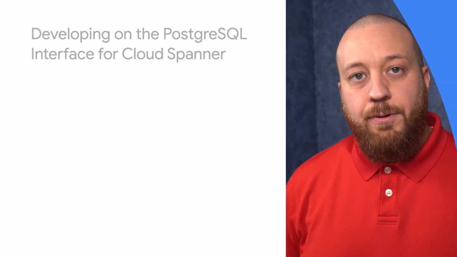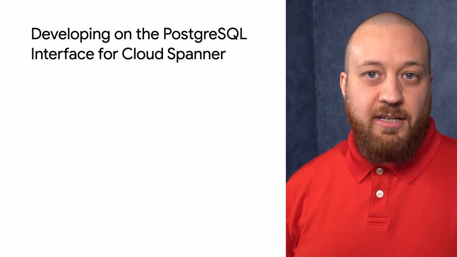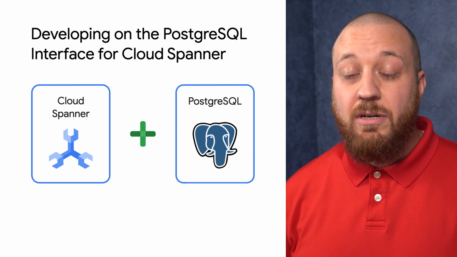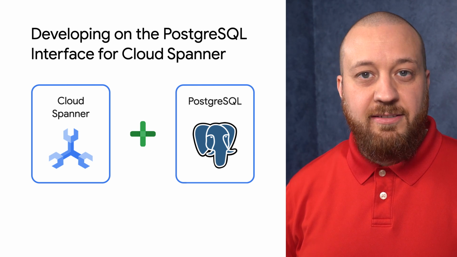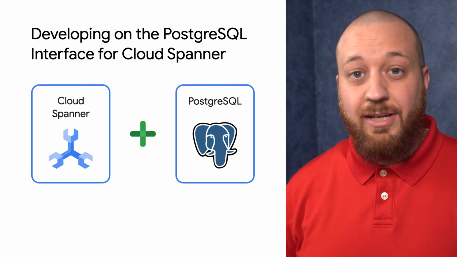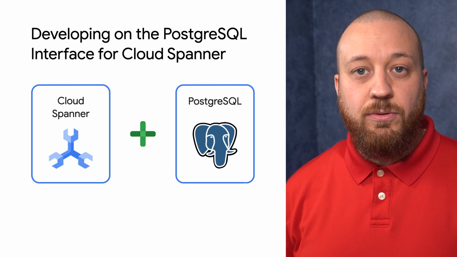Google Cloud recently announced a new PostgreSQL interface for Cloud Spanner. This combines the power and reliability of Spanner with the familiarity of Postgres. Postgres is a well-established open-source database with a vibrant and growing ecosystem that many development and ops teams are already familiar with. The Postgres interface allows organizations to take advantage of Google's managed relational database using standard tools and skills